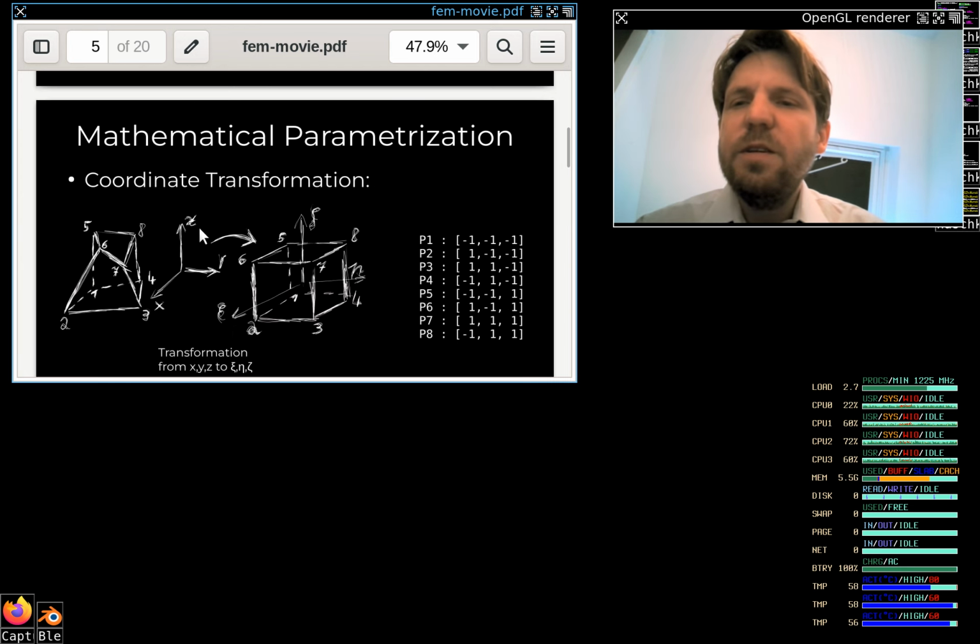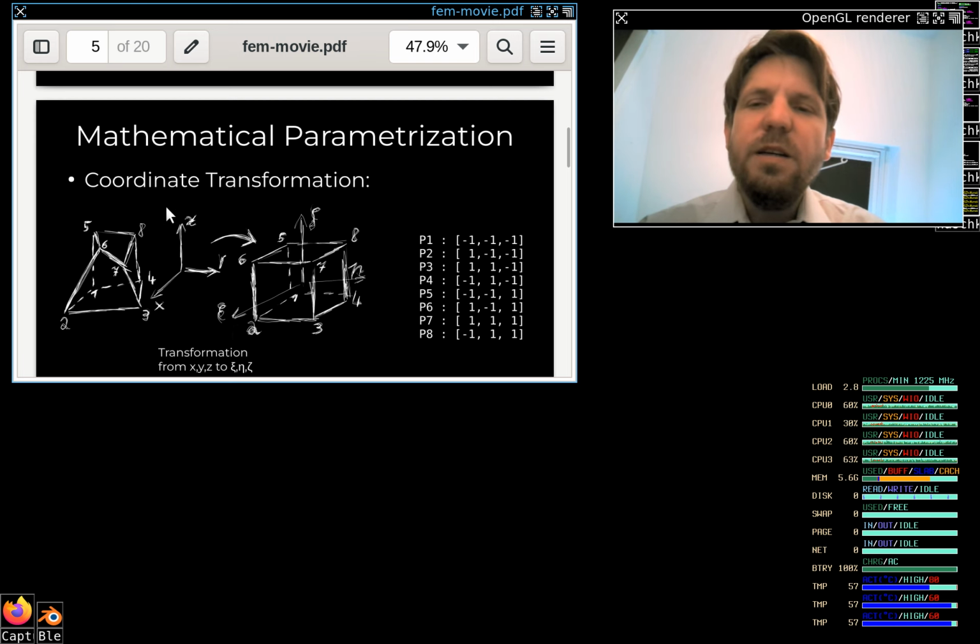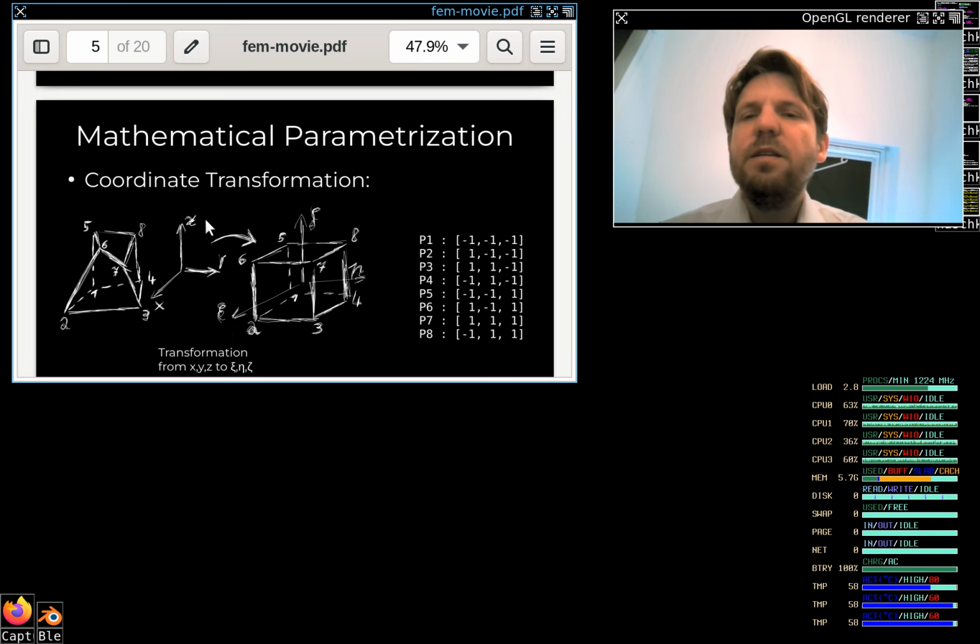So as you see, you might have hexahedrons which are deformed like this in your object, and what we do, basically we find the parameterization. So we do a coordinate transformation, so we transform this from our x, y, z coordinate system for each element separately, just to note this, into a xi eta zeta coordinate system, where, for the hexahedral element that we are using, the element in this representation becomes a perfect cube using this transformation. So it's just a parameterization of these coordinates here,